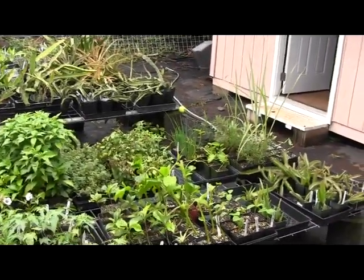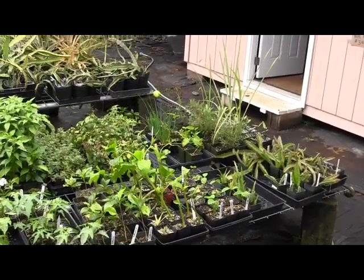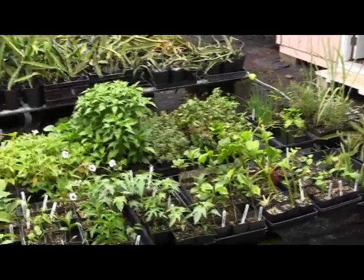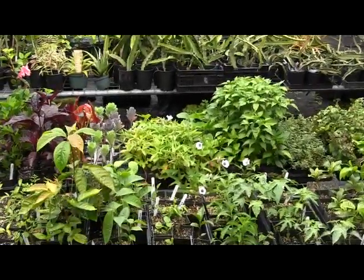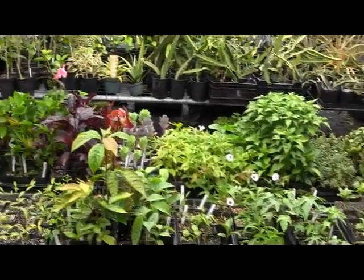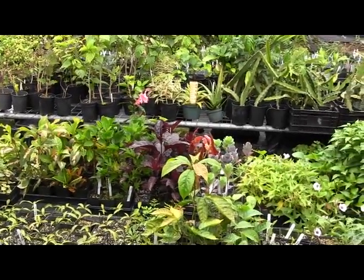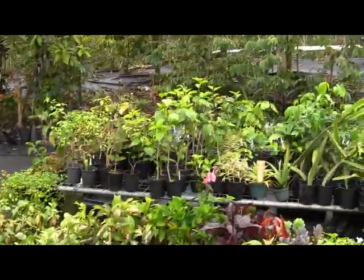Over in the other corner of the table, I have herbs. We've got lemongrass and rosemary, and we've got chives and patchouli and oregano and chili peppers and so on. Then we got some vegetables over there. We got sweet potatoes. I also have pigeon peas on that side. And then I've gone to 3.5-inch pot ornamentals over here. And so we've got cane begonias and hibiscus. And over on the other table,